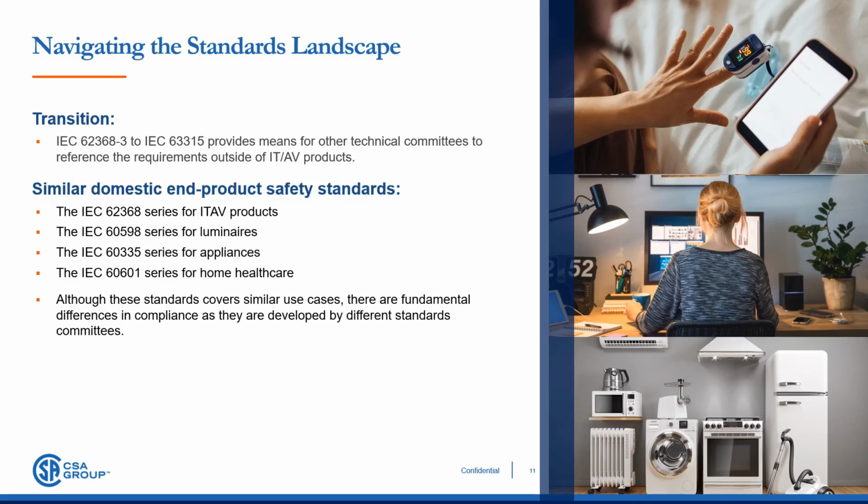This is especially true when the products covered by these standards are already using identical technologies and similar use cases. The IEC 60335 series of standards for the safety of appliances adopts a deterministic approach to safety, which means compliance is determined by assuming faults will occur, rather than most other standards that use a risk-based or probabilistic approach to determine how likely something is to occur before the need to consider the outcome. Compliance with standards that take a probabilistic approach, such as the IEC 61508 series and ISO 13849-1, allow risk management to reduce the likelihood of occurrence to acceptable levels.